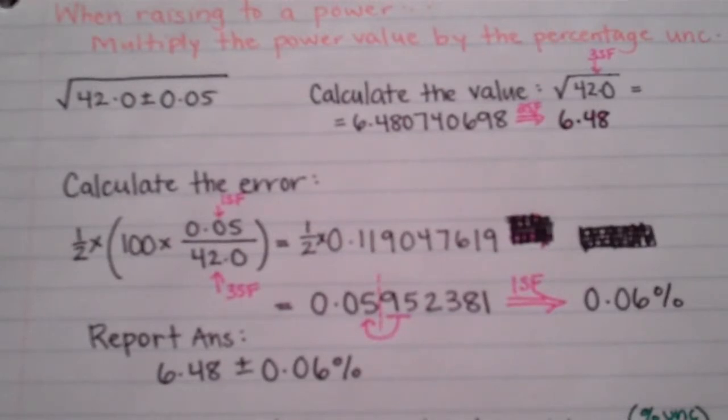Well, my power value, if I'm doing a square root, is actually raising it to the 1/2. So that's why I have a 1/2 out front. I'm multiplying my percentage uncertainty by 1/2. So I do my calculations. I'm going to have 1/2 times 0.1190476619, and I get